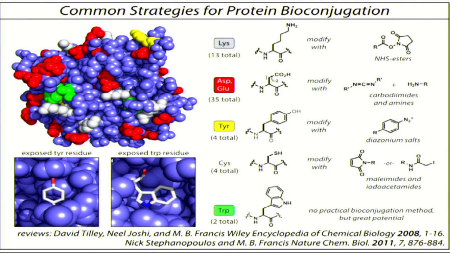However, when you want to start to make well-defined materials, there's another consideration here, and this is one of the problems in the field, and that is that many proteins have many copies of these amino acids that are modifiable. For example, in the case of lysine residues, this protein here, triose phosphate